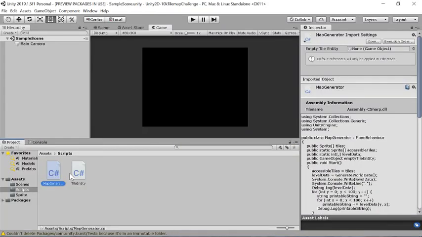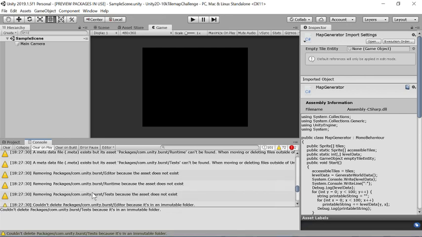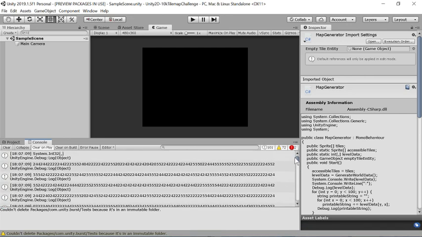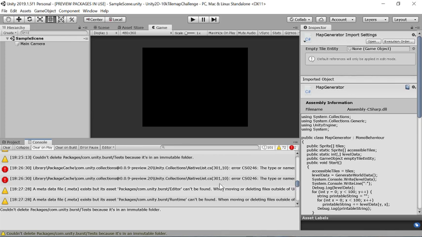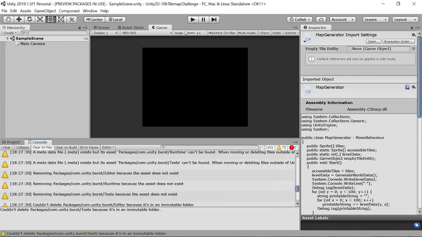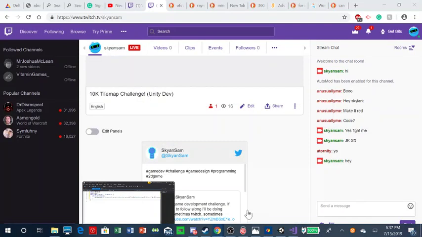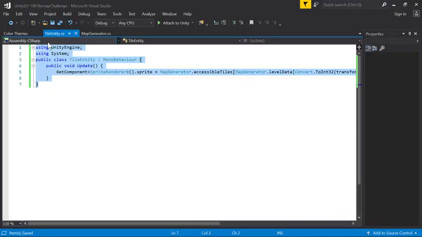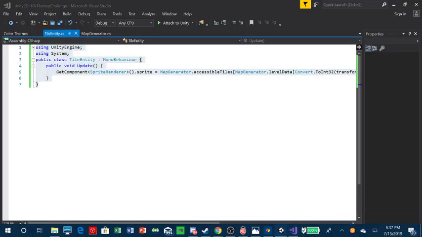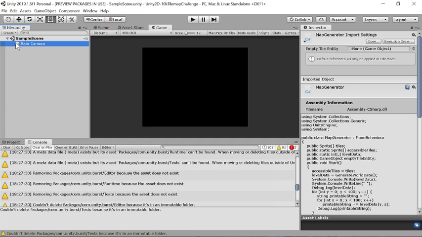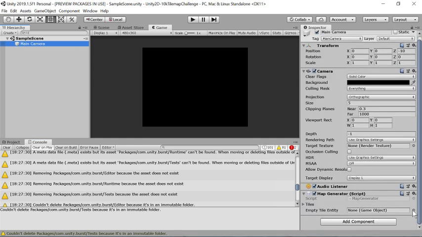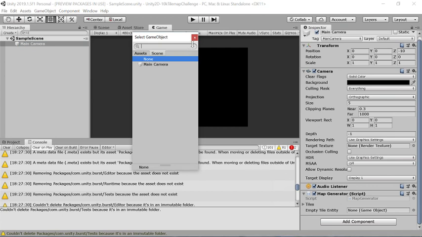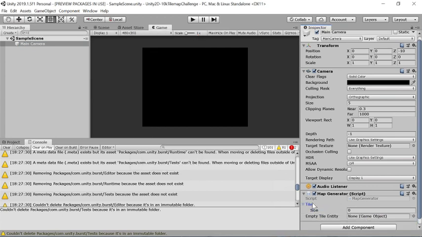Okay. I gave up at this point. What are these two issues? I gave up inside. Okay. So now we have our empty tile managers. So now what we need to do is go into our map generator. Main camera, which is our map generator, because I'm lazy. And our empty tile entity is gonna be our tiles by default, and our size is gonna be about